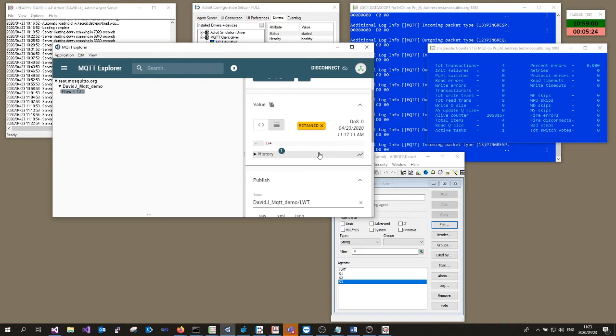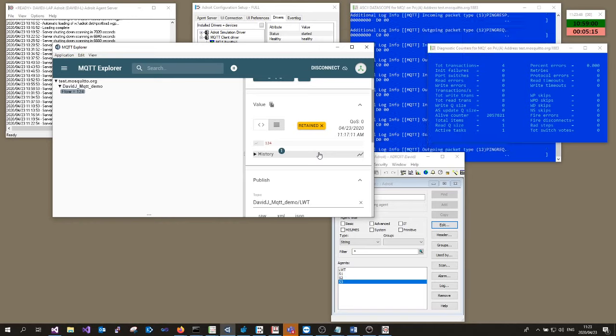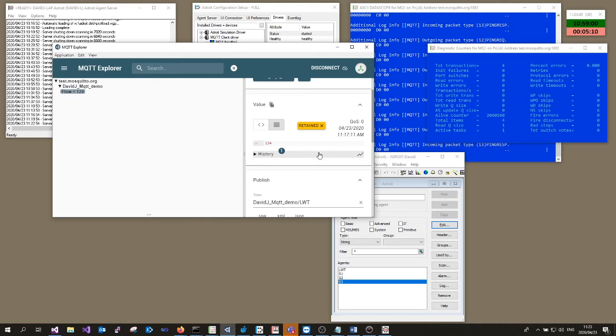SCADA is a very important client. Maybe the devices are configured with some form of knowledge to know that that client has gone away. Maybe they don't care. Nothing stops you from having 2 SCADAs communicating to each other and having scripting in the background, driving logic to make sure things are arriving and doing what they think. The last will basically is last will and testament. That is the last message that gets sent. And this is the thing, the last will is configured at configuration time before the connection is made.